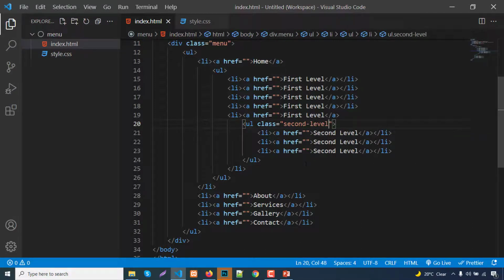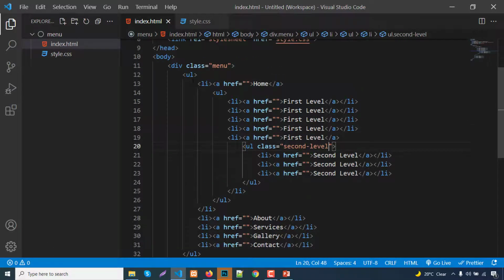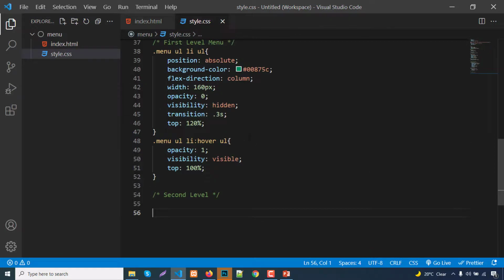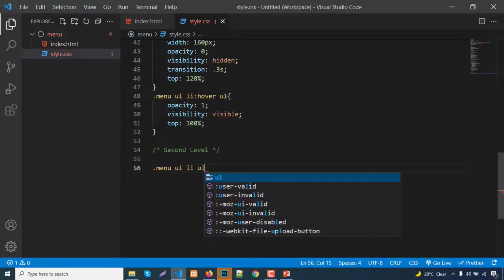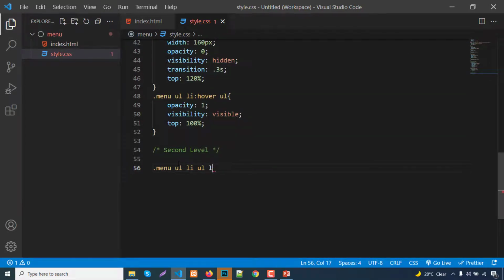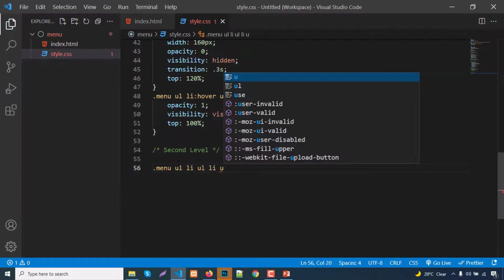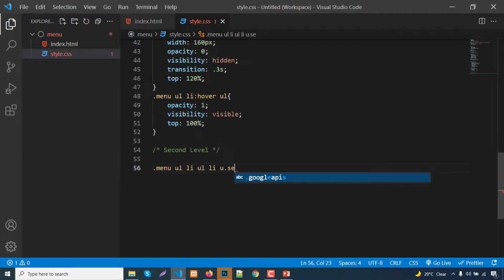The second level position is menu ul li ul and then li ul. Sometimes it's difficult to understand, but if you revise multiple times to understand the code, it will be very easy, no problem. So we can write .menu ul li, sorry, and then ul class second level.